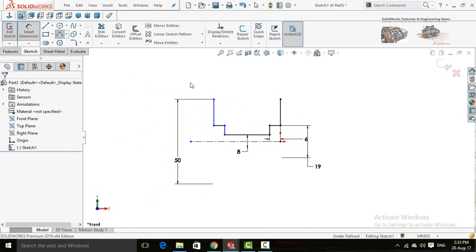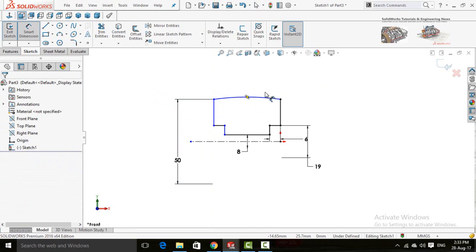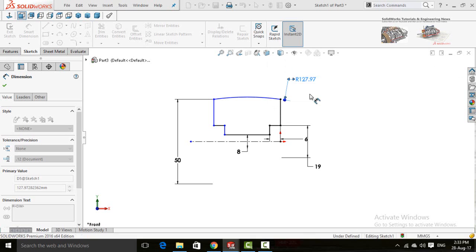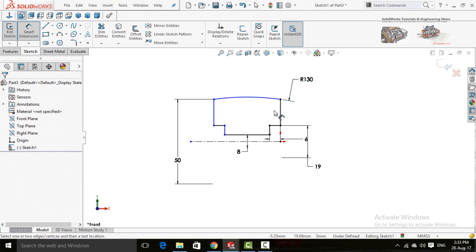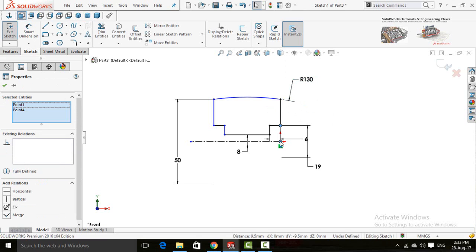Now select arc. Define it 130 mm radius. Now select both of these points, the origin and this point, and make relation vertical.